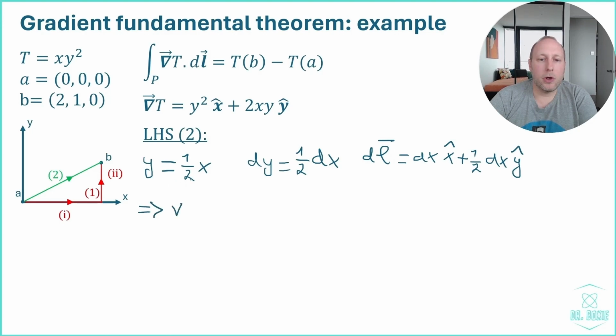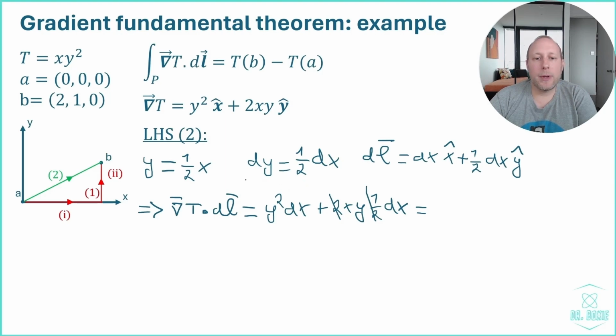And so the dot product of the gradient of T with dl is equal to y squared dx plus 2xy times 1/2 dx. We can get rid of the 2 and the 1/2 in the second term, and we can now replace all the y's by 1/2 x, and so we get 1/4 x squared dx plus 1/2 x squared dx, which gives us